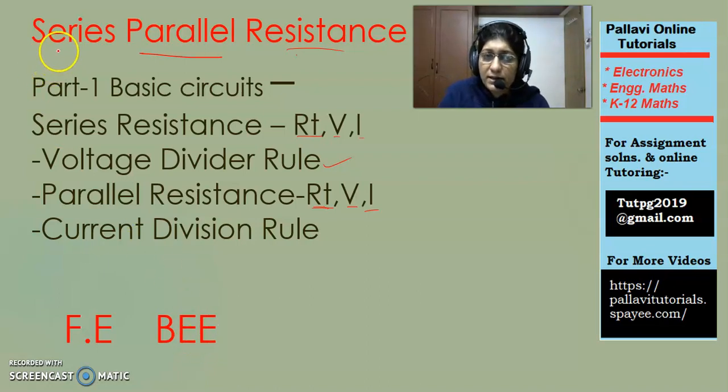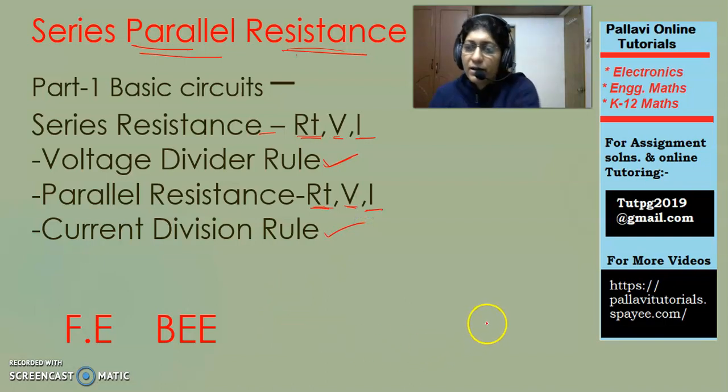In today's presentation, we'll be discussing series and parallel resistance with respect to the following points: series resistance, equivalent resistance, voltage across each resistance, current across each resistance, and the voltage divider rule. For parallel resistances: equivalent parallel resistance, voltage and current across each parallel resistor, and then the current division rule. Having said so,